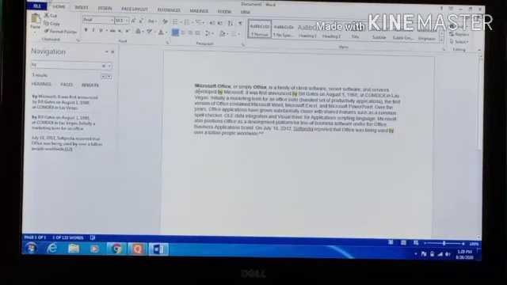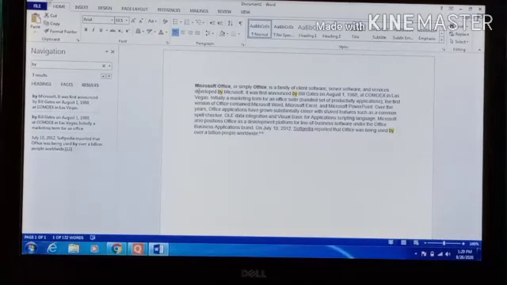Finding the text means you find one particular text. Suppose this is a short document, but in front of you is an 80-page or 100-page document with so many mentions of office, and you want to find office. How many times is office used in this document? If you count every time, you may overlook some occurrences in a sentence.